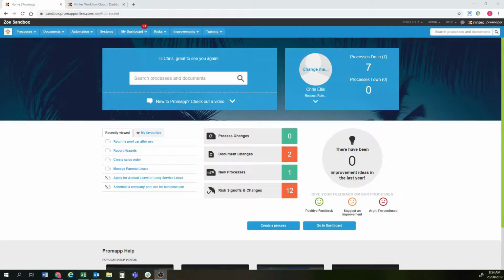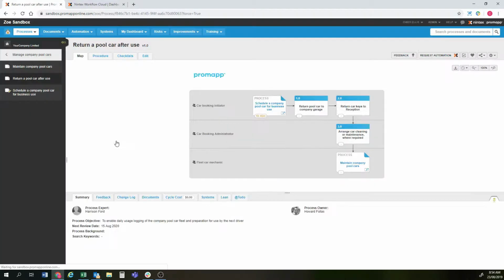Good morning. So I want to show you the one-click automation or magic button, or I think as it's probably going to be called, the workflow generator and workflow association. Couple prerequisites. You're going to need Promapp, you're going to need Nintex Workflow Cloud, and you need to have your processes published. So draft process will not open up the request automation button that you see here in the top